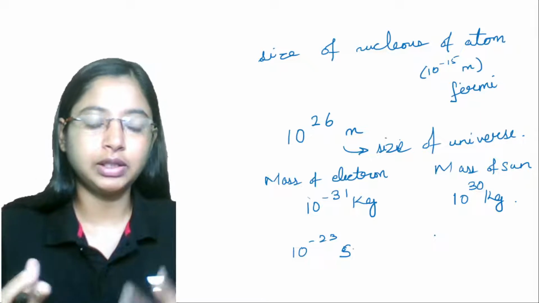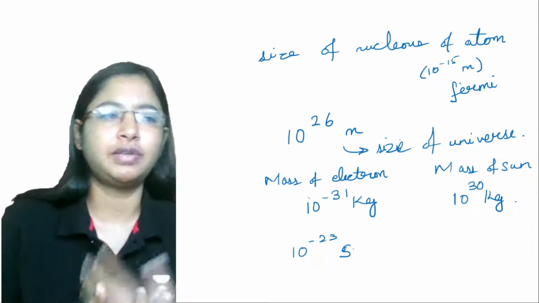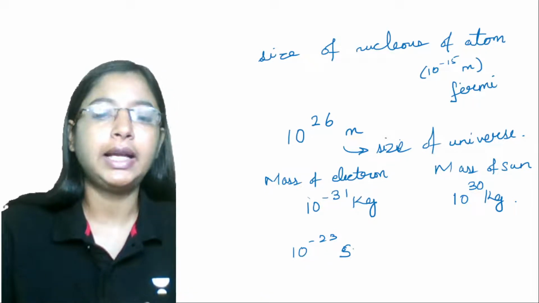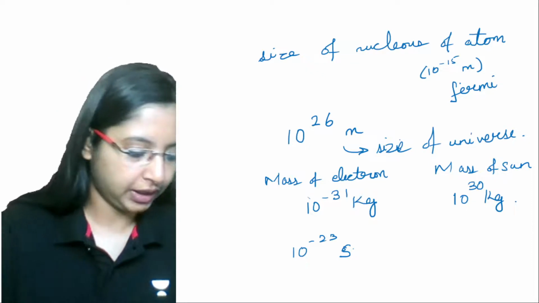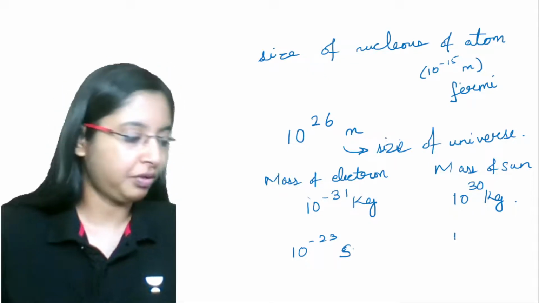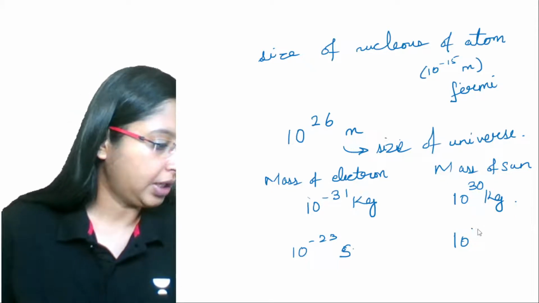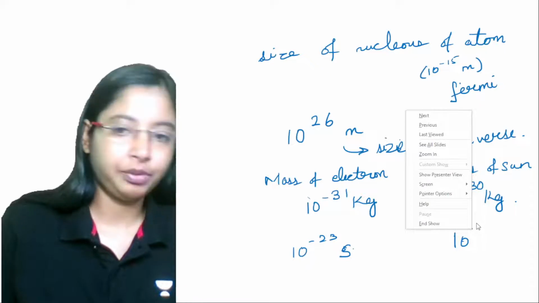Just like all others, the life cycle of our sun, since it's somewhere around average size, will end with it becoming a white dwarf. So the sun also has a particular lifetime, and the lifetime of the sun is basically 10 to the power of 18 seconds.